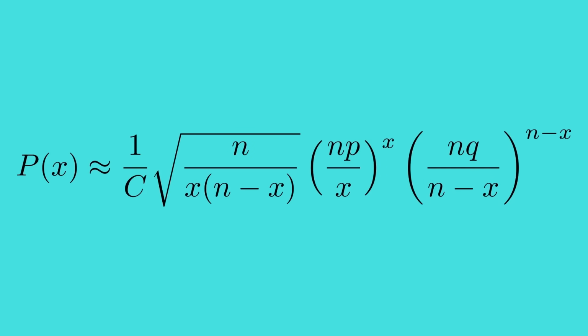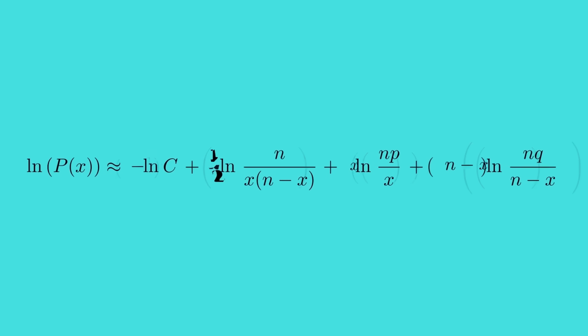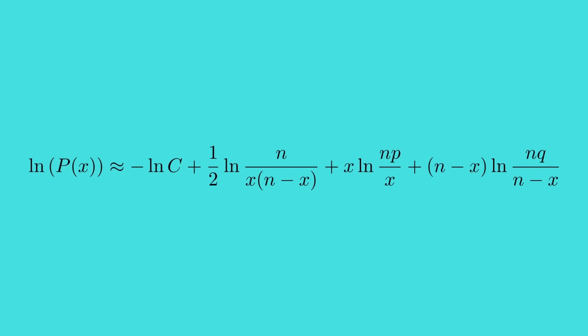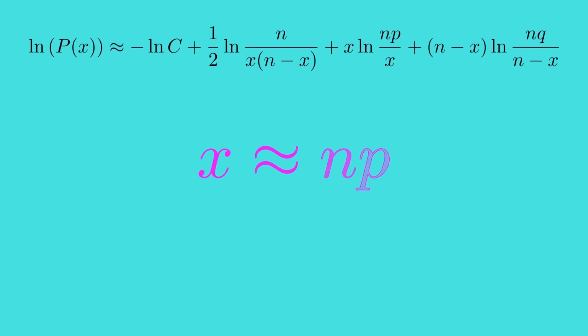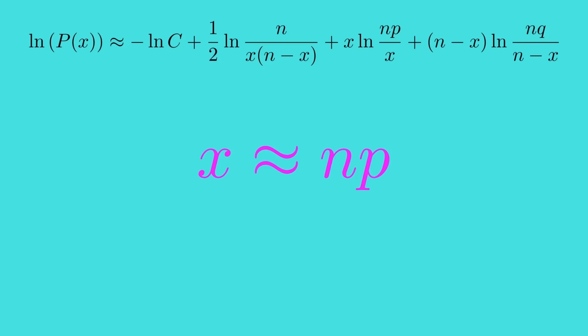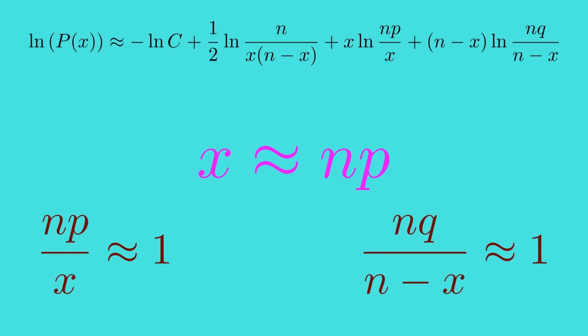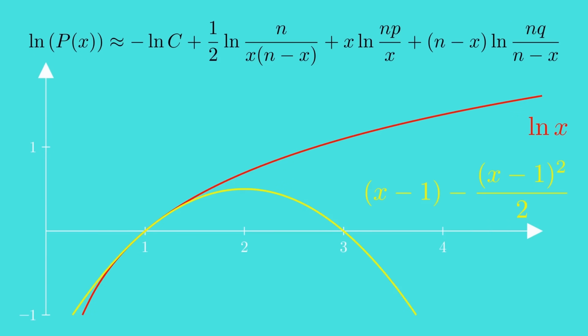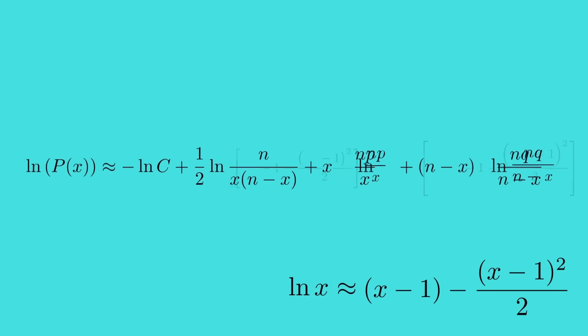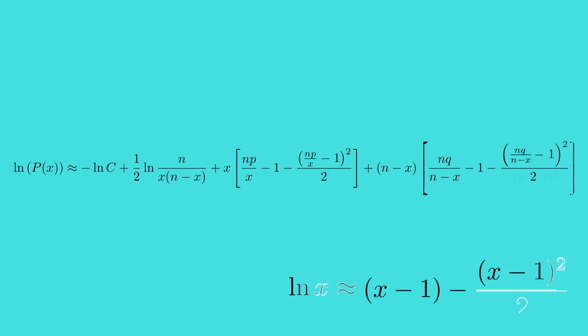Now this expression we've ended up with involves a lot of powers and things multiplied together, and this would likely be much easier to deal with if we took logs on both sides. We mostly care about the shape of the curve near the peak, that is where x is close to np, and when this is the case, np over x and nq over n minus x are each close to 1. This then allows us to approximate these two logarithms using the Taylor series approximation, which is a good approximation when x is close to 1. Applying this approximation and simplifying,